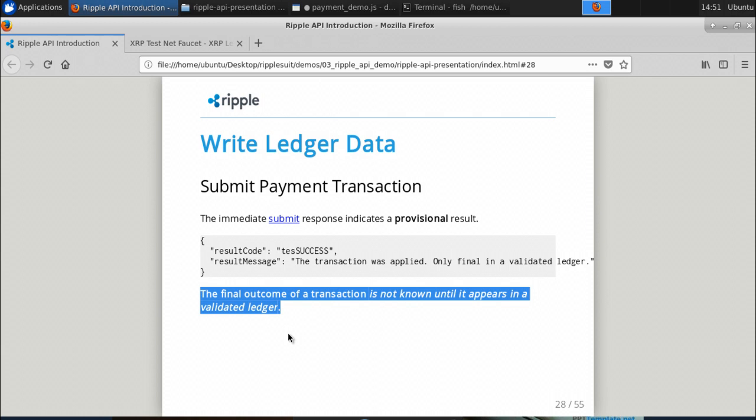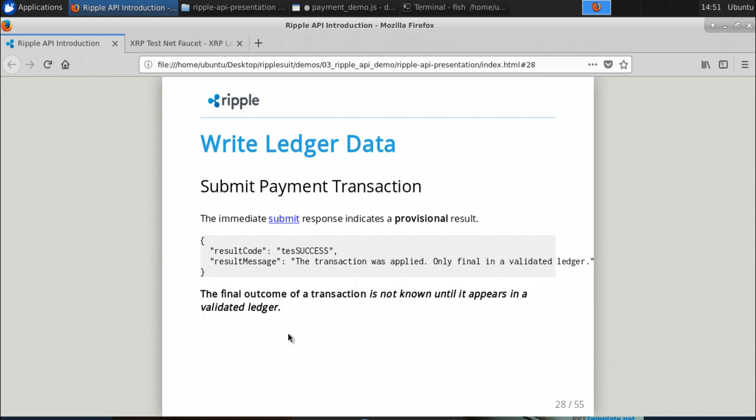After you submit the transaction, the Ripple network will go through the consensus process, the concept I briefed you about. Through that consensus process, your transaction will get accepted if it is a valid transaction, and it will finalize. Only after that can you say that your transaction is complete, and that result is the final result.